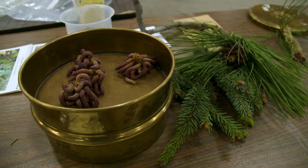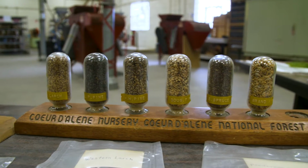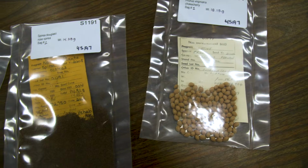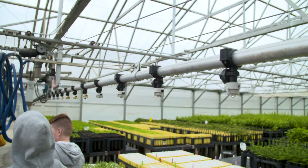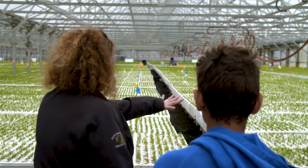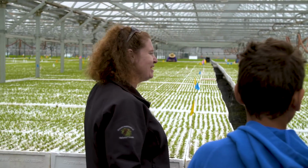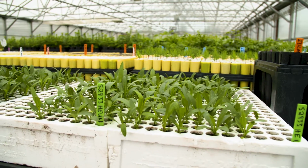So that's one. The second part is they go through the seed extractory, and we talk about how we extract seed from cones and show them some of the x-rays that we have of seed. Take them down to the greenhouse and walk them through the greenhouse and show them seedlings that are actually growing. And we have one greenhouse that contains 1,200,000 seedlings, so that's a real big impact on